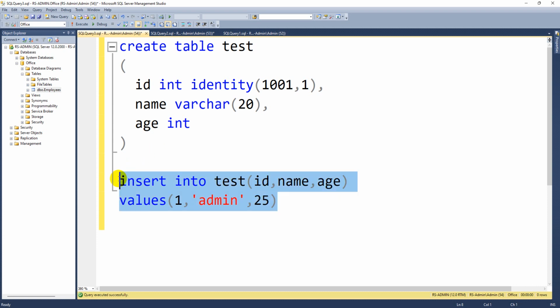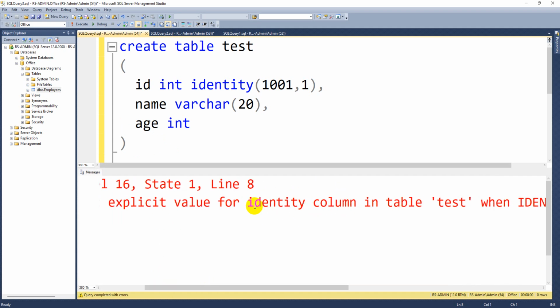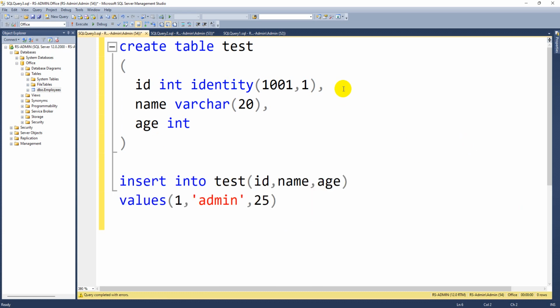If I execute this, the system will throw an error because you cannot explicitly insert a value for the identity column in the table. So whenever you mention a column as identity, you cannot insert a value into that particular column. You should always skip that.